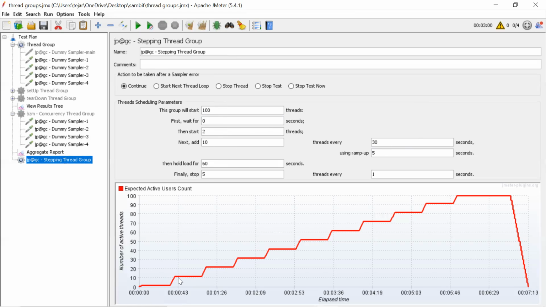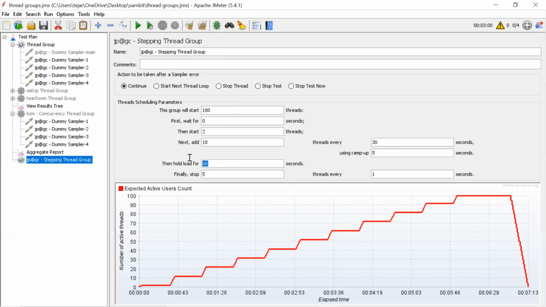And again slowly ramp up, adding 10, 10, 10. Every 30 seconds, 10 users, yes. So it continues till you get 100: every 30 seconds you get 10, 10, 10, 10, like this. Once it reaches all 100, from the ramp up state, then it will hold steady for 60 seconds.